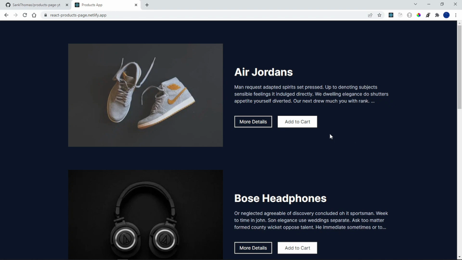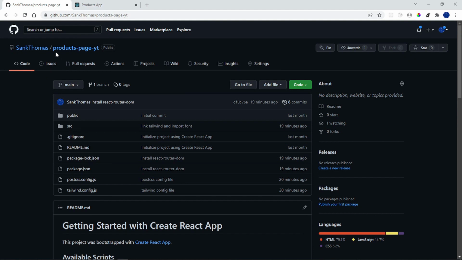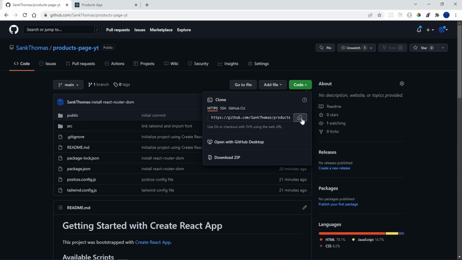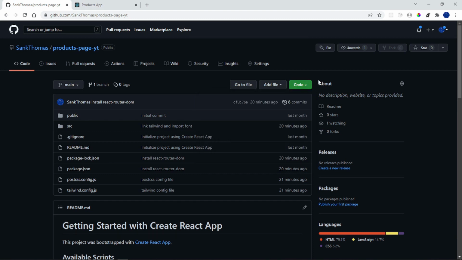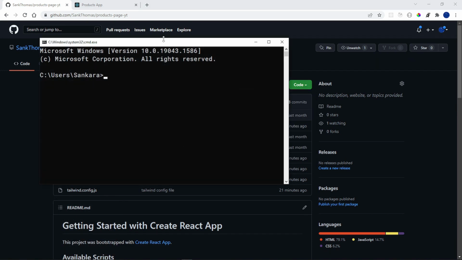Okay, so before we begin, I just want to mention that we are going to be using this repository. It's called products page YT, so YouTube. And you can go ahead and close this, and then we can go ahead and begin. So what I'm going to do is copy this link right here, and then I'm going to open up my command prompt,